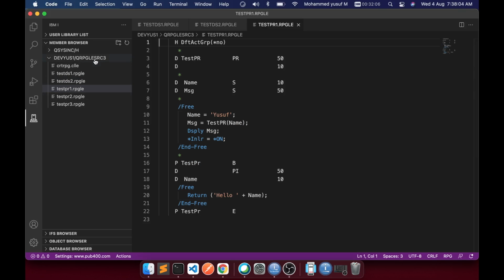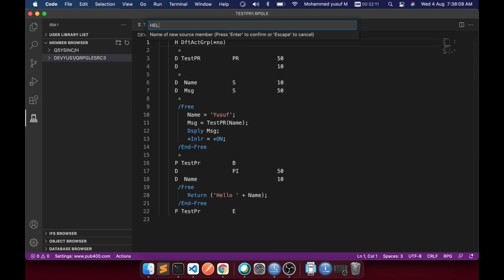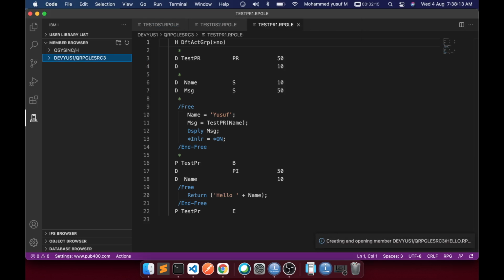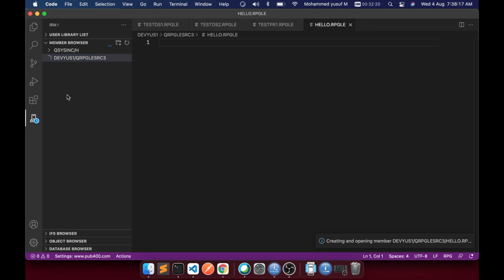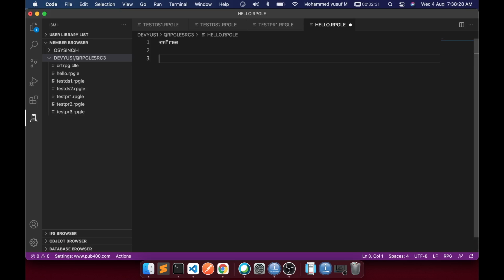I'm going to right click here and create a member, and let's call it hello.rpgle. The extension should be rpgle. The hello.rpgle is created and opened here. There are also some suggestions coming. Let's use free, and then dcl, then give a name, not a big deal, and press tab to go there.